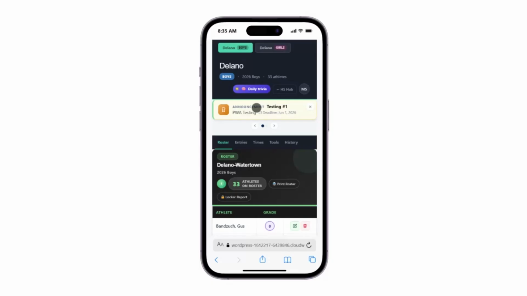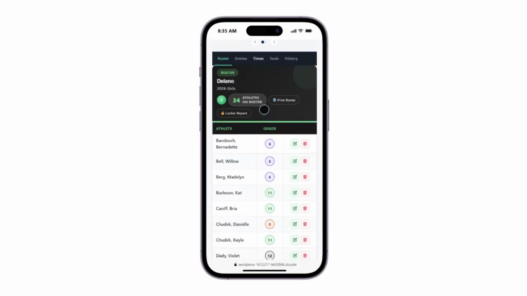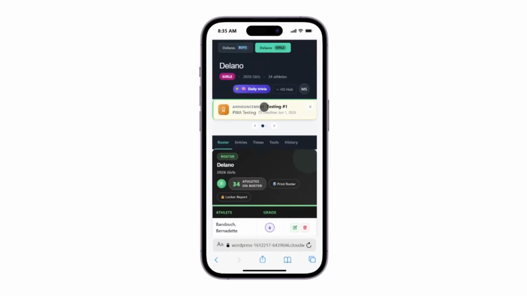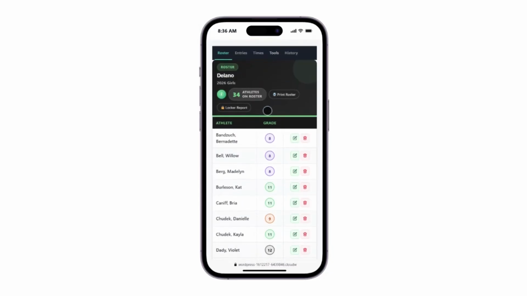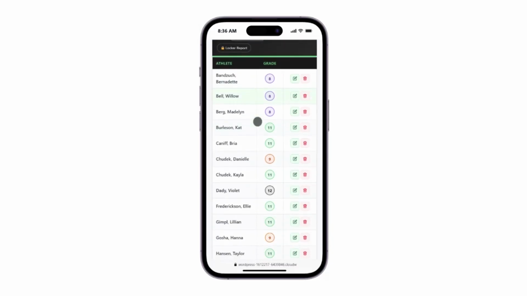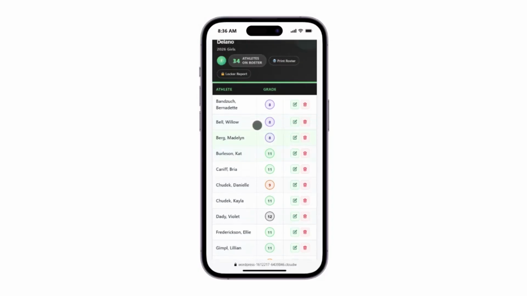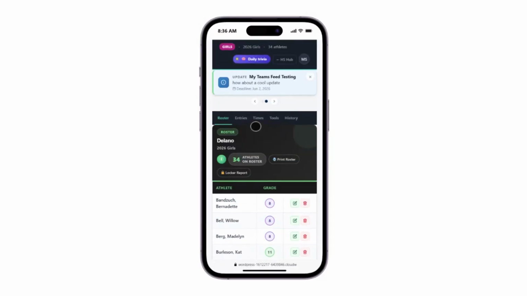That's just a basic intro, registration, pick your teams, how to toggle if you have multiple, how to see what's there, how to look at your roster, and all the different things that you can do just with the roster. And you're getting to that point of the summer where roster knowledge and roster management is going to be your key focus. You want to know who's going to be on the team and who's not, and you're going to want to have accurate information as far as how they spell their name, what grade they're actually in, and so on and so on. That's super important. It's going to feed almost everything else that you can do in here.